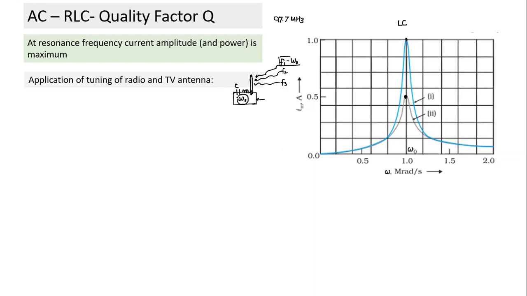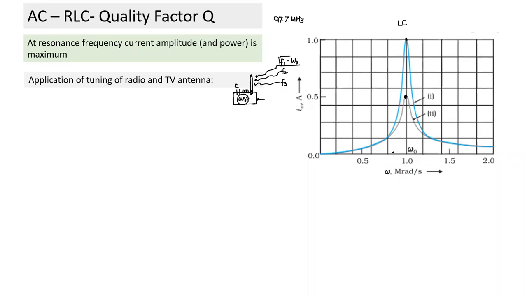Okay, we can change when we are tuning. What are we changing? Frequency. So don't worry, when you are tuning, you're actually changing the inductor and capacitor value. Without knowing too much, I'm changing the natural frequency of the circuit which is connected to the antenna. And when my natural frequency matches the incoming signal frequency,